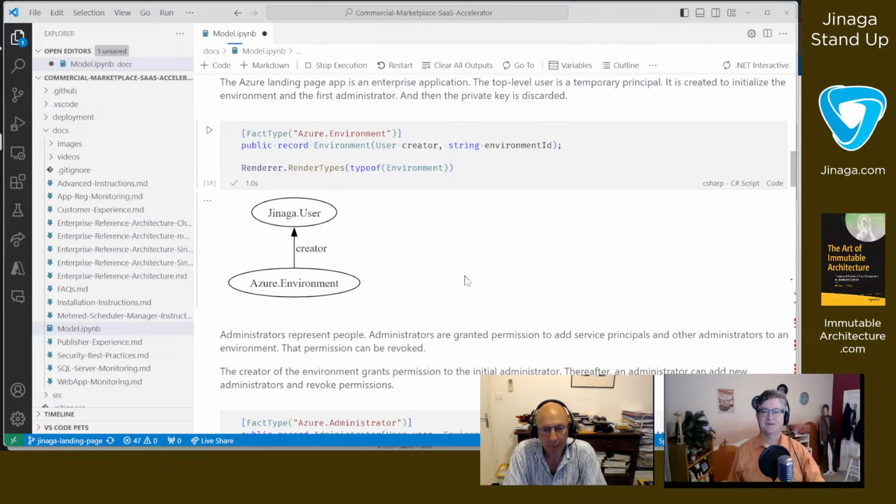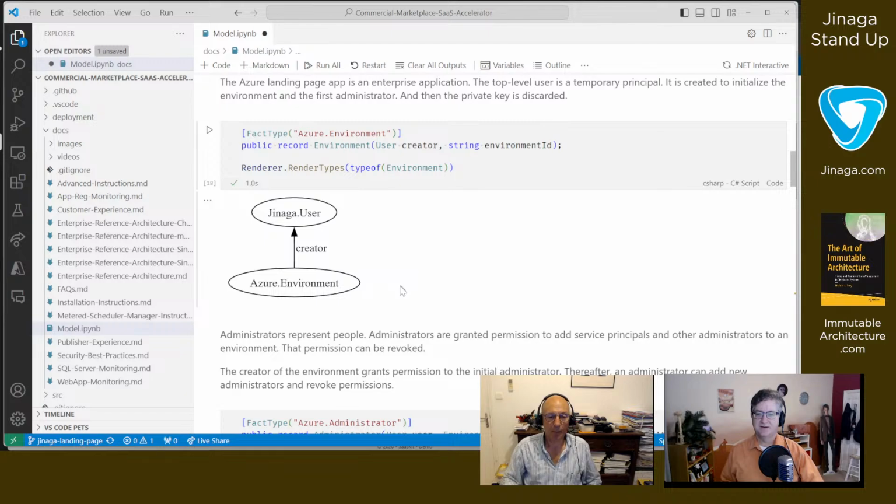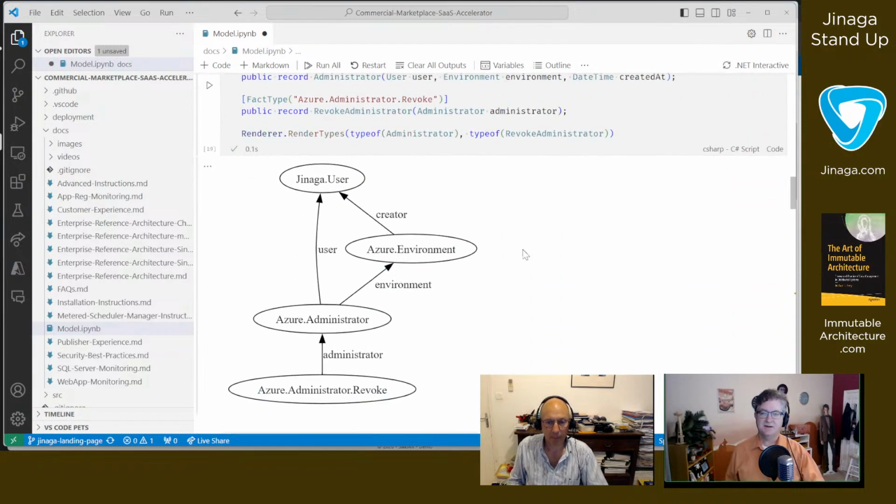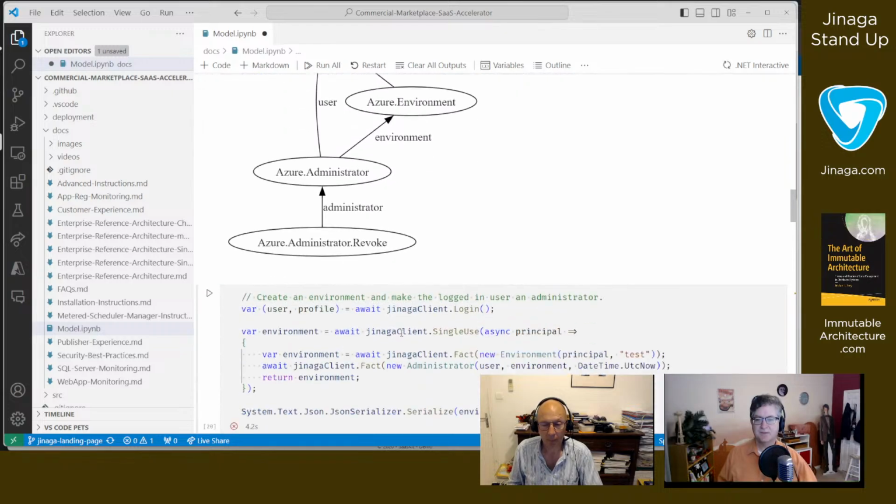All right. So here is where the pattern starts. We've got the environment with the creator Jinaga user. So always a Jinaga user at the top. And then for an administrator, the administrator is a successor to the environment, not a predecessor. And that allows us to revoke the administrator fact. And so,